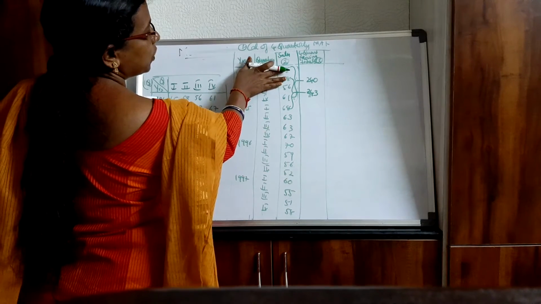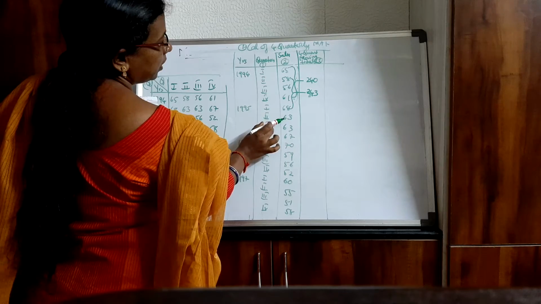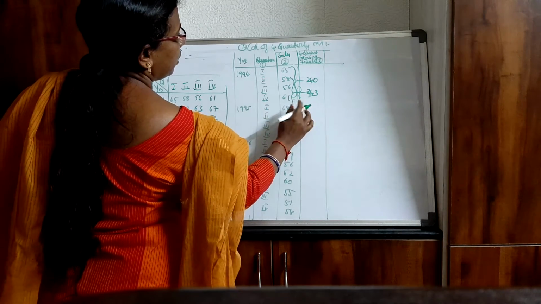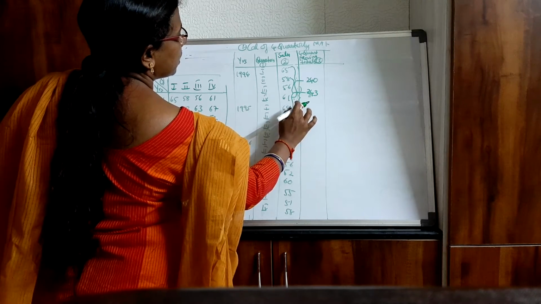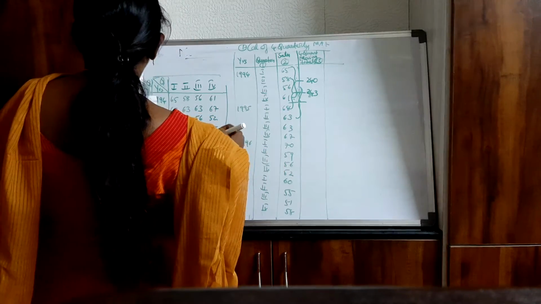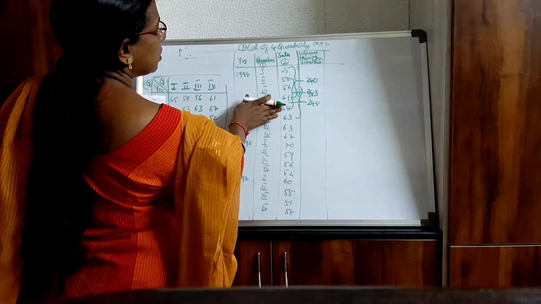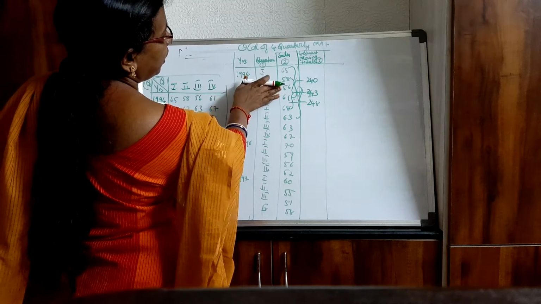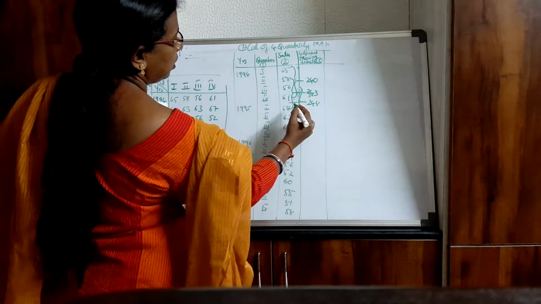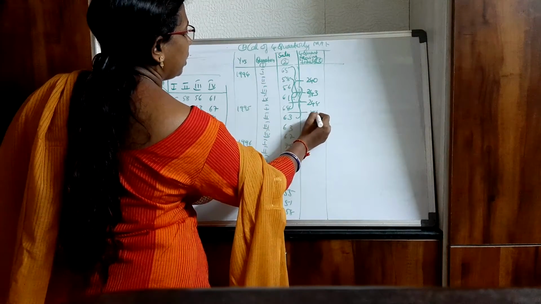Next, leave the first 2, then add the next 4: 56 plus 61 plus 68 plus 63. When I add these 4, the middle value will be in between 61 and 68, and I am getting 248. Similarly, leave 65, 58, 56, then add 61 plus 68 plus 63 plus 63. This will be the middle value, and I am getting 255.